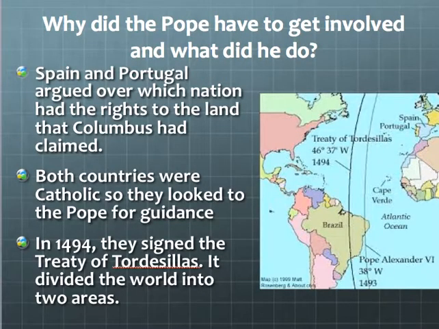Why did the Pope have to get involved in exploration, and what did he do? Spain and Portugal were arguing over which nation had the rights to the land that Columbus had claimed. Both countries were Catholic, so they looked to the Pope for guidance. And in 1494, they signed the Treaty of Tordesillas, which divided the world into two areas, one for Spain and